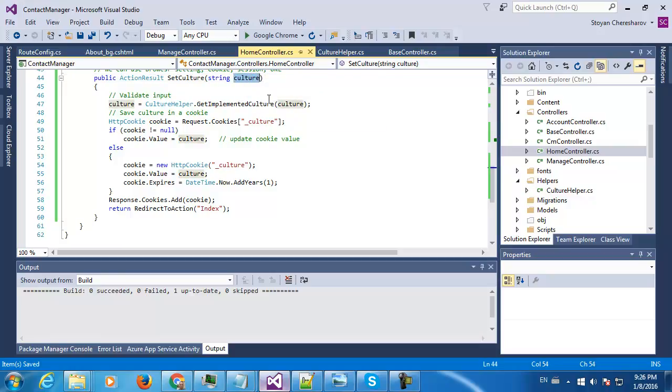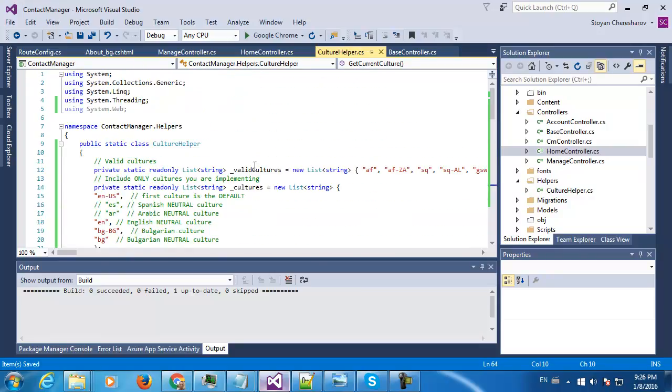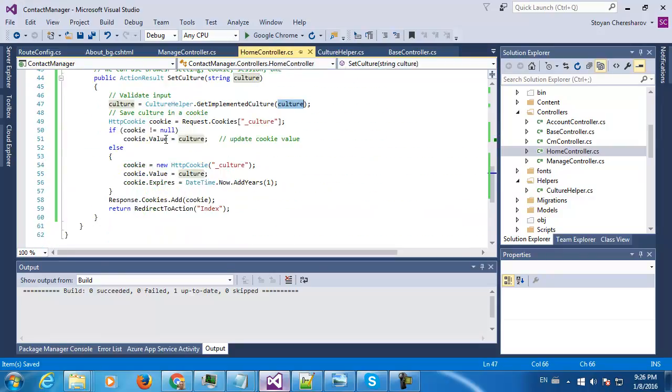So let's say we sent a form with post or get method, and there is a culture parameter. I don't want to speculate, so with get it's going to work. CultureHelper.GetImplementedCulture, just to make sure that this is one of the cultures which we are expecting here in the helper. And after that we set a cookie if we like. So if the cookie